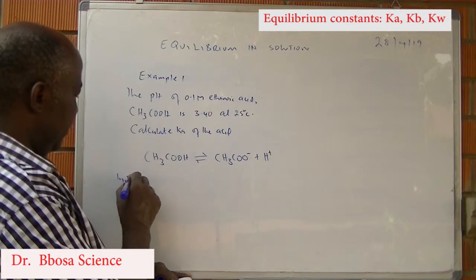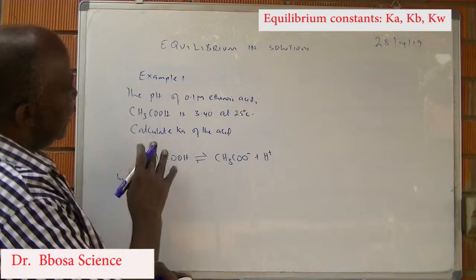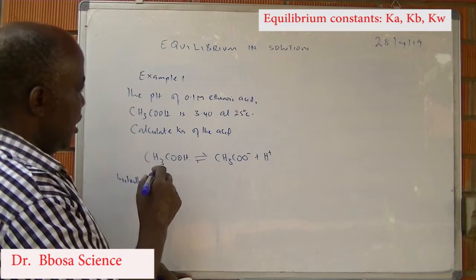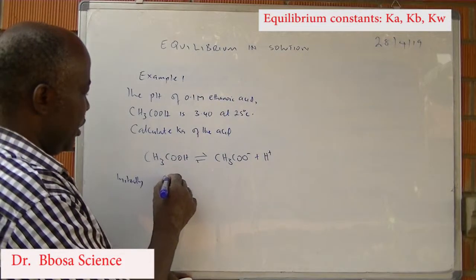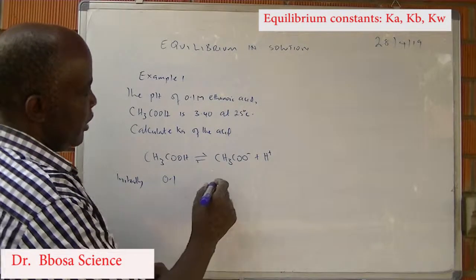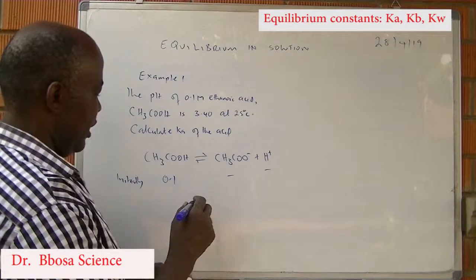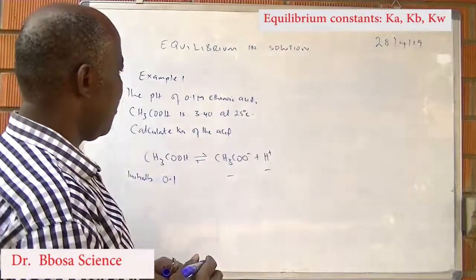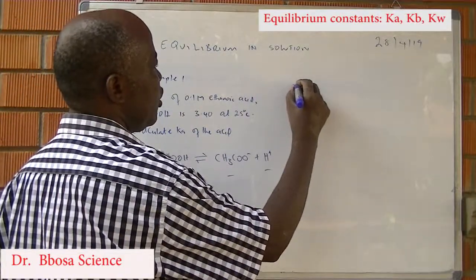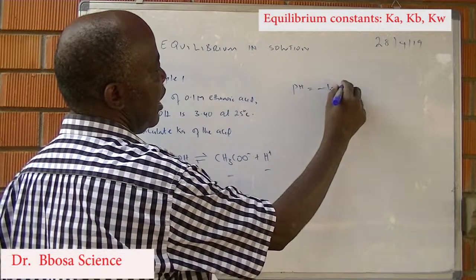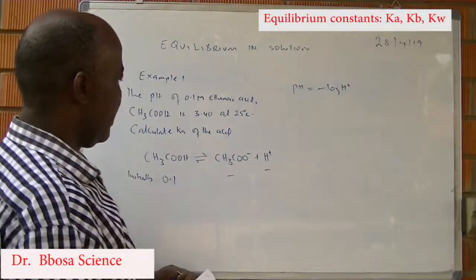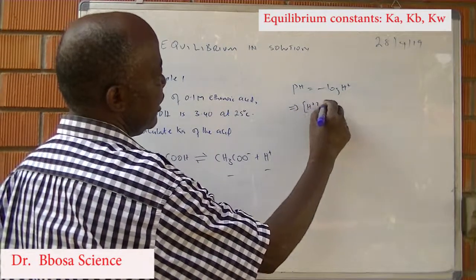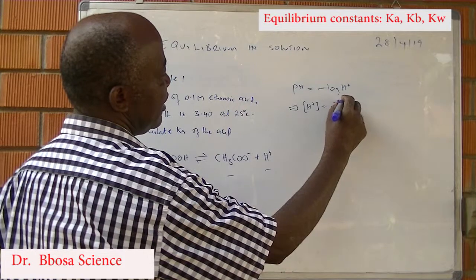Initially, they have told us that the concentration of the acid is 0.1 molar. There is no ethanoate ions, there are no hydrogen ions. At equilibrium, they have told us that the pH of the solution is 3.4, but pH is equal to negative log hydrogen ions. It implies that hydrogen ions is equal to 10 to the power negative pH